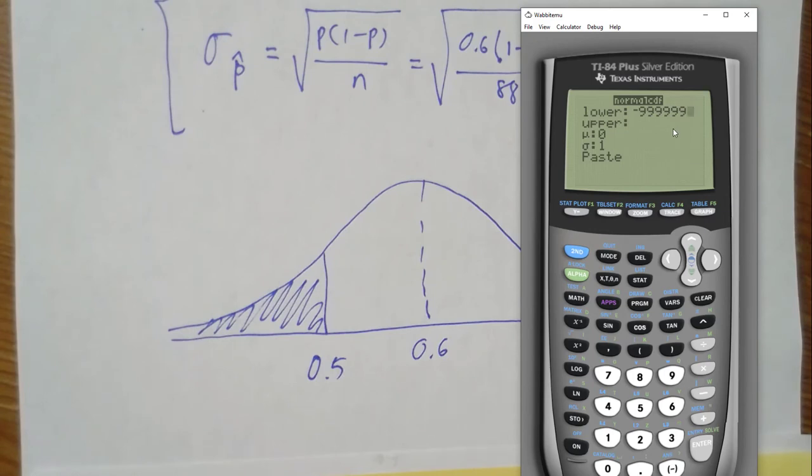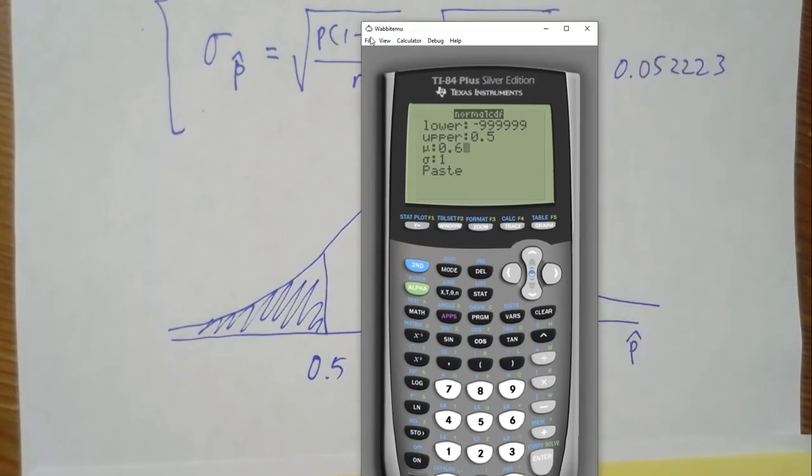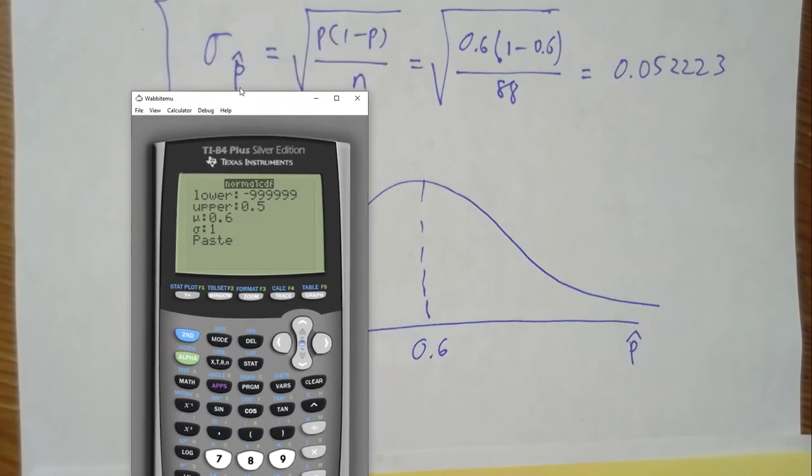That is very large to the left side. That's good enough. And then the upper value, you want it to go up to 0.5, and then the mean here is 0.6, not 0. 0 is the standard normal distribution. And then the standard deviation, just right here, so that is 0.05,